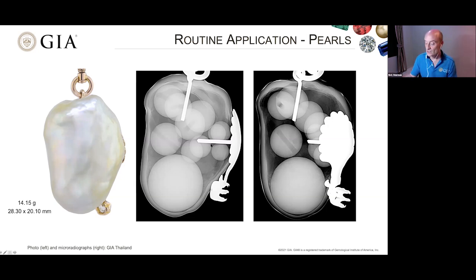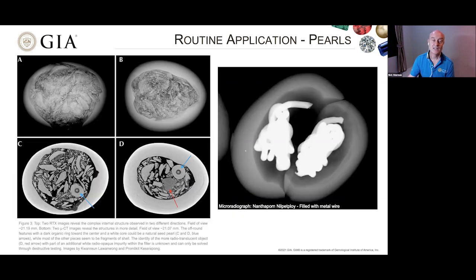So these are the sort of interesting things we see from time to time in the lab that clients submit to us just to check the idea. And here are a couple more. These have all been shown and discussed in the Journal of Gemmology. So this is a hollow. You can see again the opening down here where the filling was inserted, and this is all different fillings, like pieces of shell, maybe some cement.